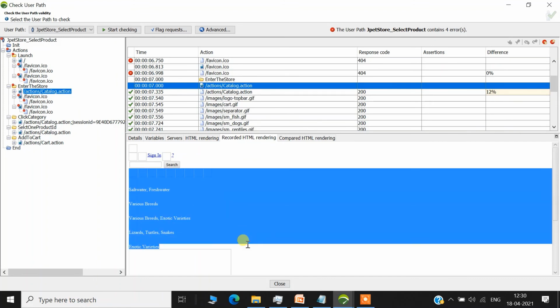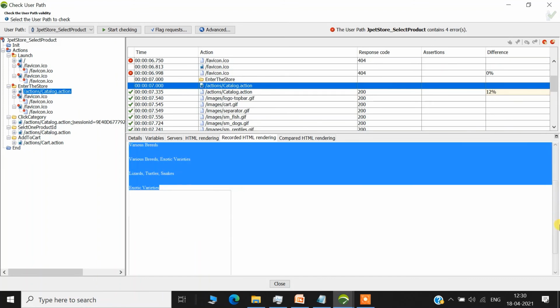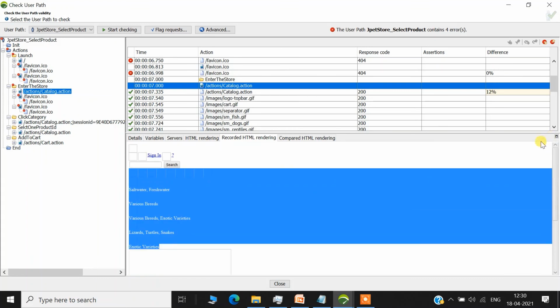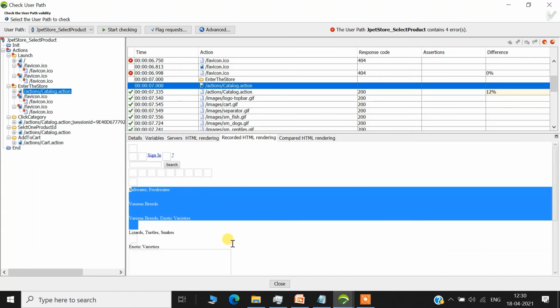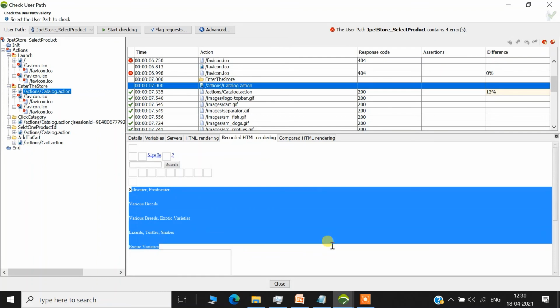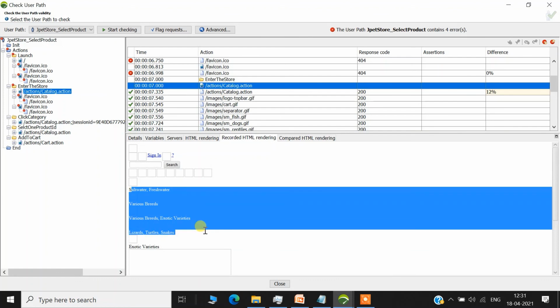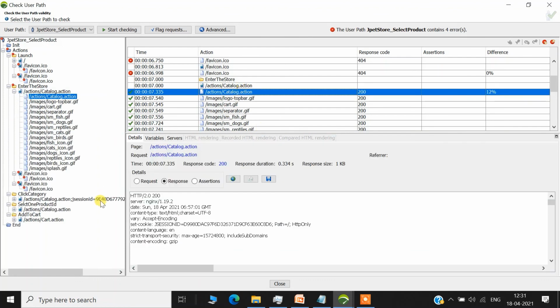Yes, these are the tabs. Understand one thing, this is not a browser, this is just a simple browser where a few JavaScripts or style sheets will be rendered. So the rendering will not happen properly, so we need to see if the relevant text is present or not. These are the menus that were available, so this step also happened properly. Let's see the request as well. Yes, a 200 response code appeared.